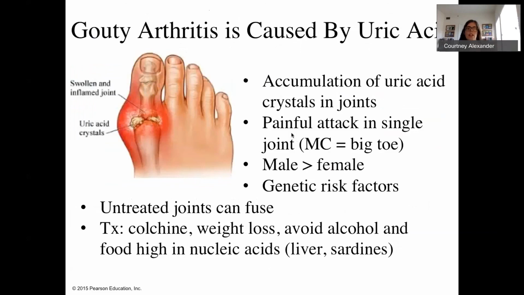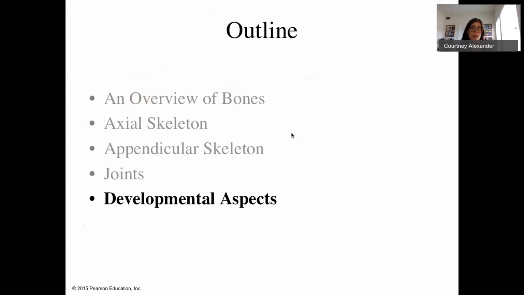So you get uric acid from alcohol, from foods that are high in nucleic acids like livers and sardines or lots of red meat. So you want to limit that. Lose weight to stop the pressure on the joint, and you can try a drug called colchicine, which can sometimes help. So in this video, we talked about our joints and arthritis or diseases of the joints,